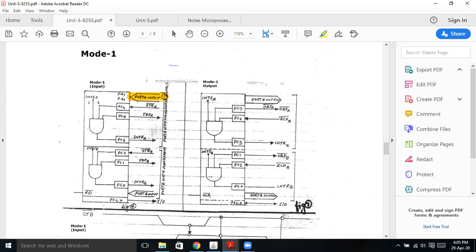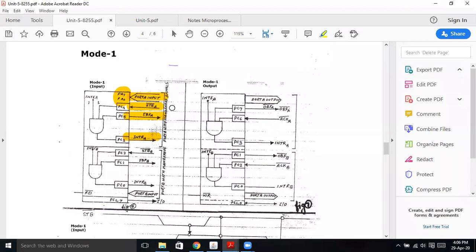We have to define whether port A is an input port or output port. Then these two are your handshake signals, and one is this for port A only. What does it do?